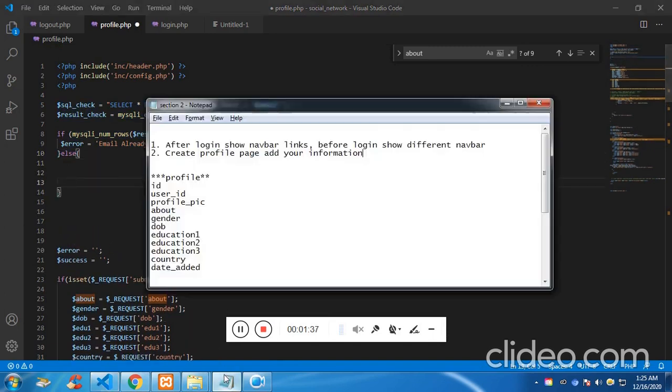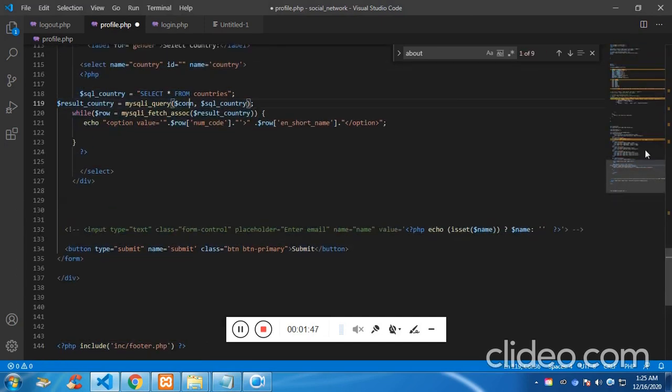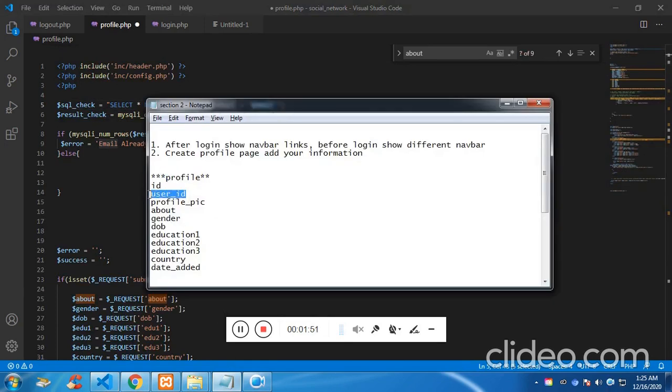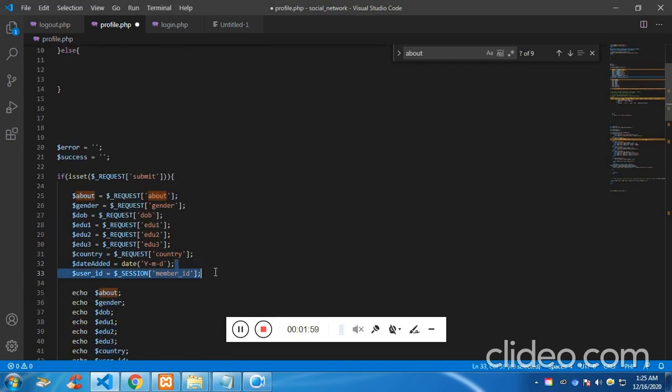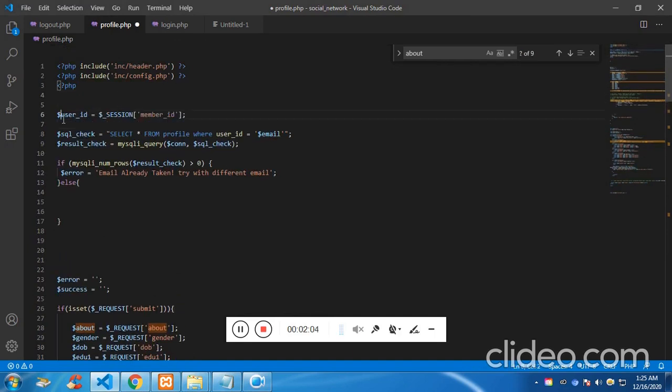Select star from profile where user ID is equal to the session ID. So let's get this and make it on the top, so it will be available for both of them, where user ID equal to the session ID. If you get more than one,